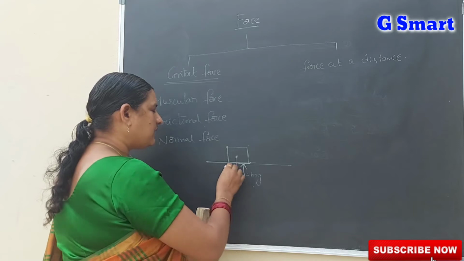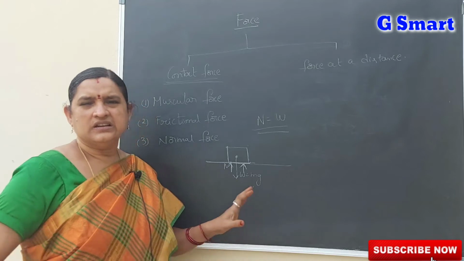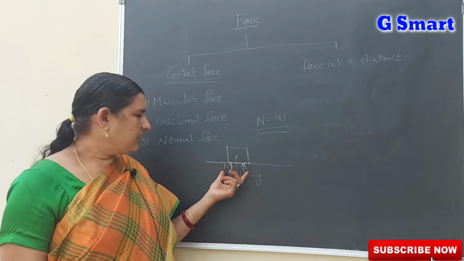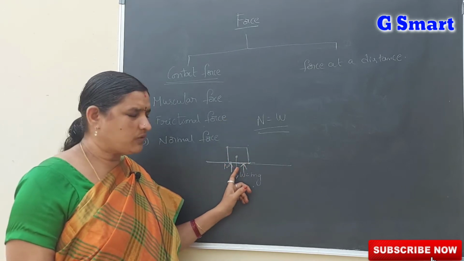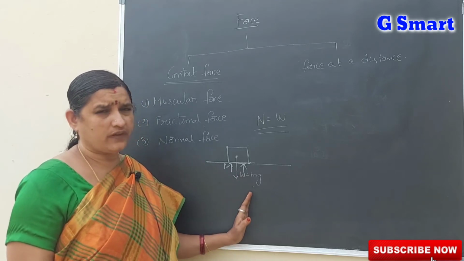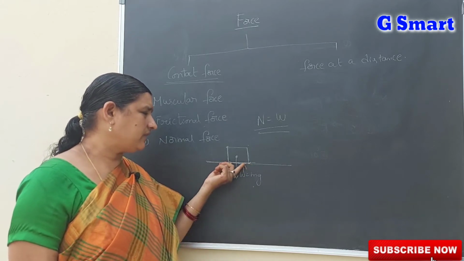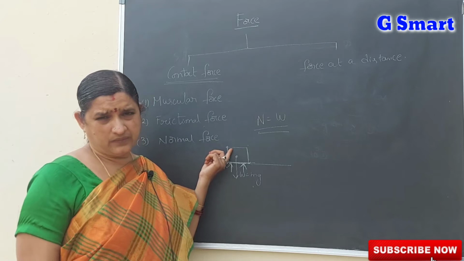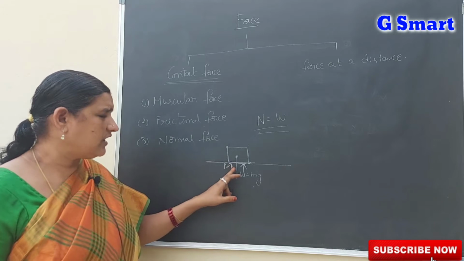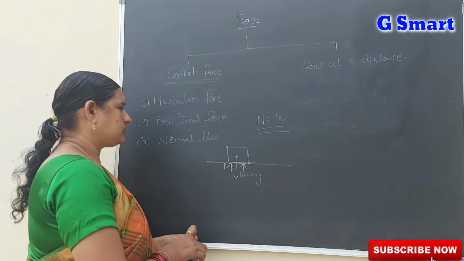For suppose this normal force N is equal to W, then the object is in rest position. There is no movement in the object in the vertical direction. In the vertical direction, only two forces act on this body: W is equal to mg, the weight of the object, works towards the center of the earth. At the same time, the normal force acts at the surface of the block. So, the block will be in a stable position in the vertical direction. So, this is called normal force. Normal force always works against the gravitational force.